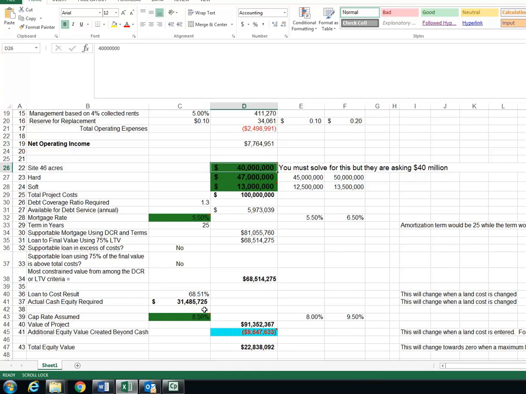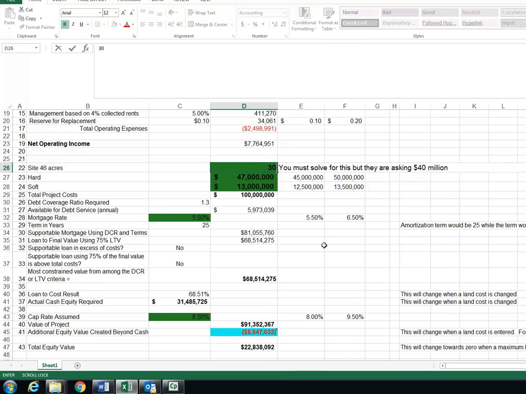Well, we're going to have to put $31 million in change into this if it costs $100 million, and it's only worth $91 million. In other words, if this number is smaller than this number, we're not creating any additional equity value at all. We're losing $8.6 million. So now if I go back to this number and I put in something smaller,